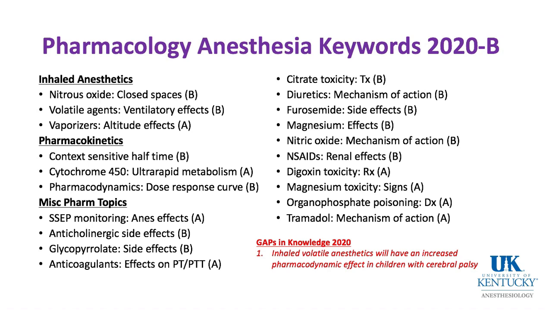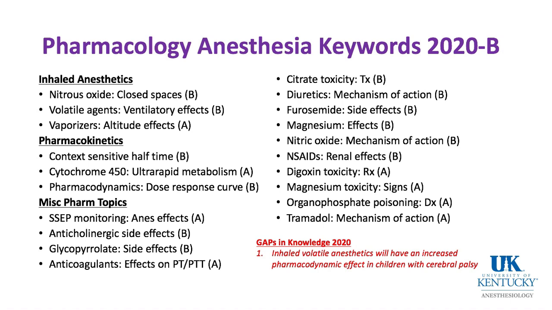Pharmacokinetics, context-sensitive half-time, cytochrome P450, and ultrarapid metabolizers, especially how it affects codeine and morphine. Pharmacodynamics and dose-response curves, and then some miscellaneous topics like monitoring SSEPs and how our anesthetics affect them, glycopyrrolate and other anticholinergic side effects, anticoagulants and where they work and their effect on PT and PTT, citrate toxicity and how